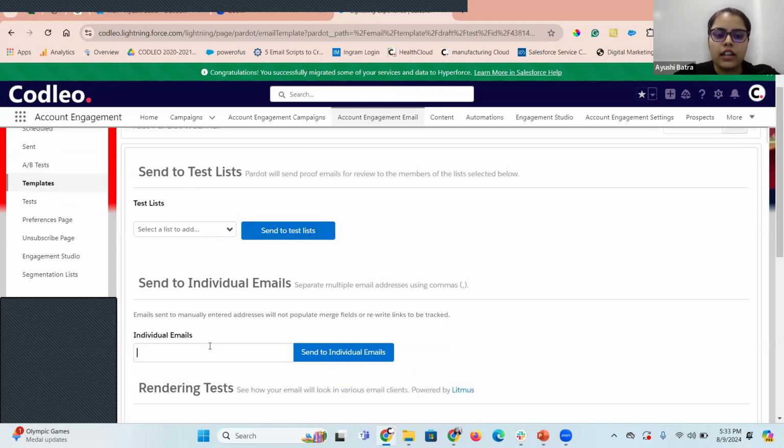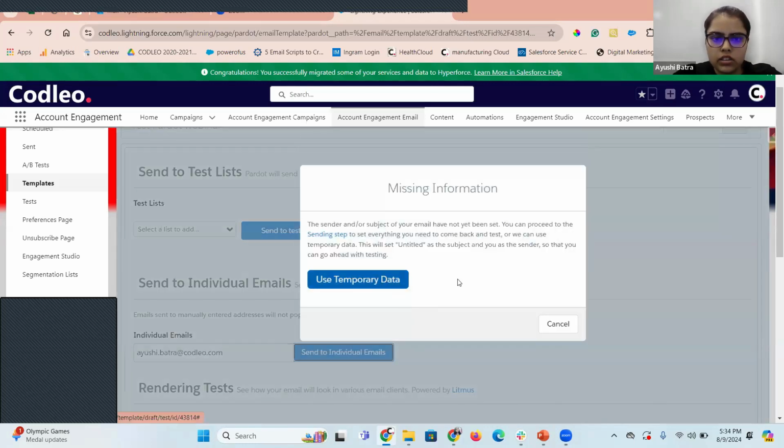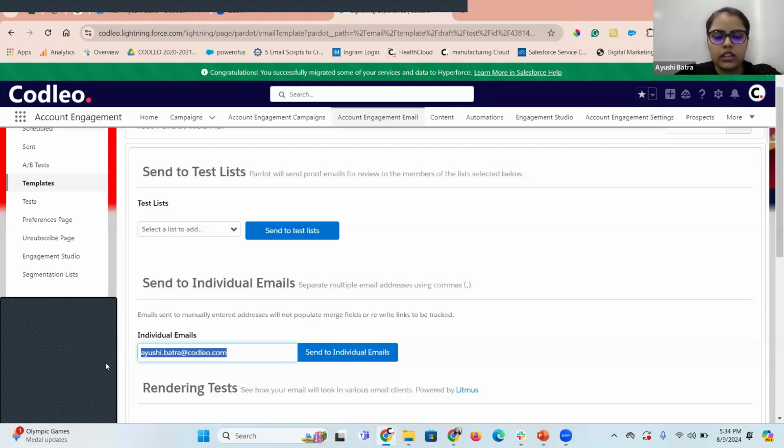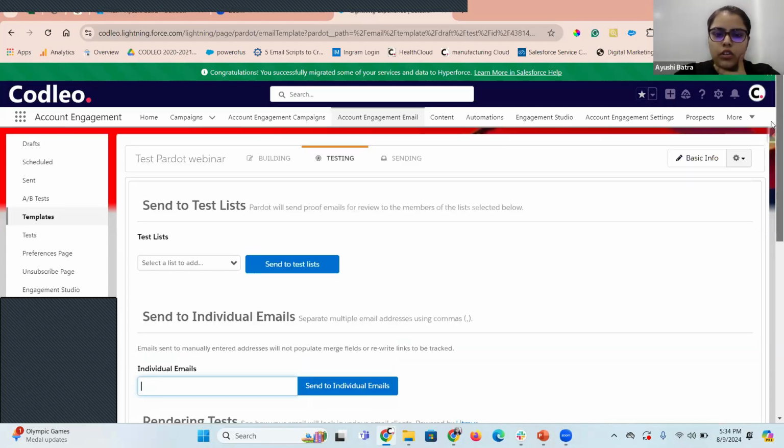And if you want to make a single test email, you can add that email ID and click on send to individual emails. If that contact is residing in Pardot, then it will be sent to him. Right now, this contact is not there. That is why it's showing this.